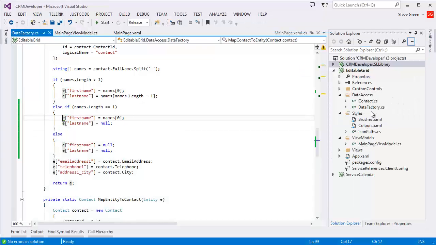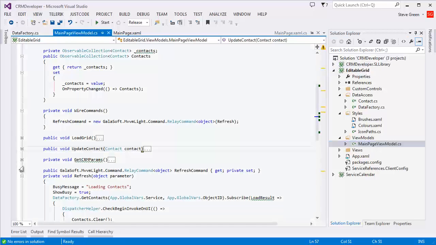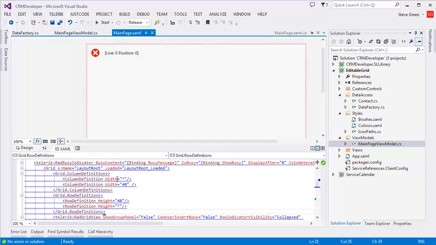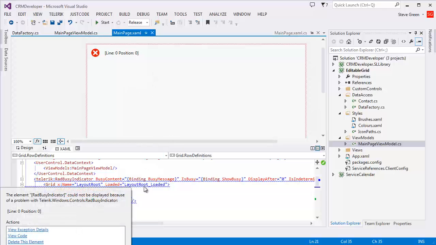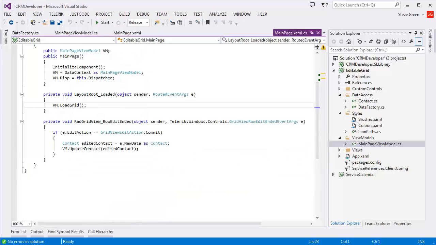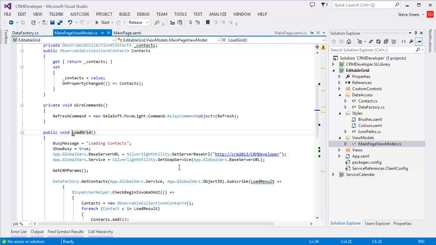in the view model itself, I have that load grid that you saw on the layout route loaded. My XAML editor sometimes does this, has to refresh it all. So there's nothing actually wrong with the syntax here, it's just the XAML UI design has crashed. So this layout route loaded, which called this method in my view model, which is this load grid, which if I go to the view model, so this is what